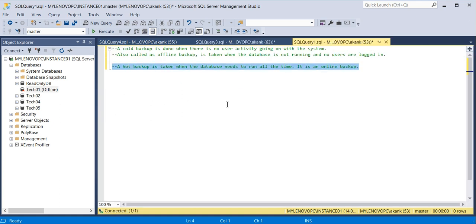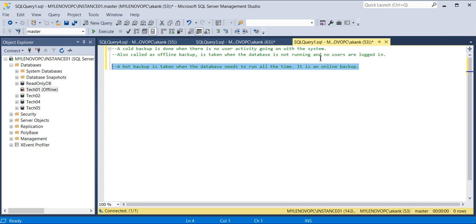Every RDBMS, whether Oracle, MySQL or SQL Server, has two types of backup, cold backup and hot backup. You only need to understand this functionality. The hot backup is an online backup: when the database is running, you can take the backup.